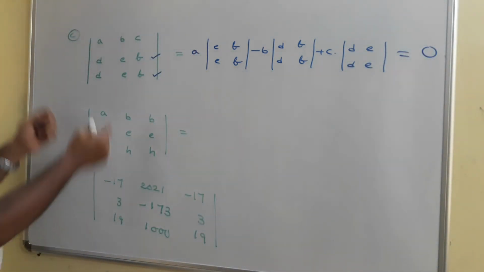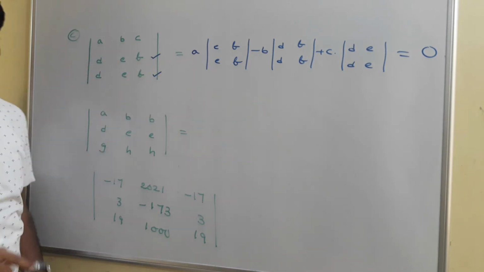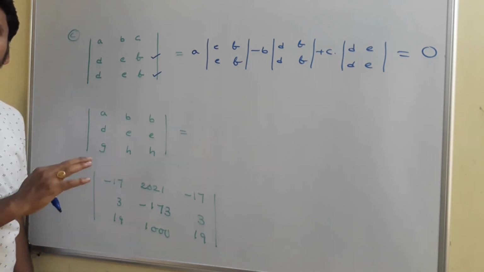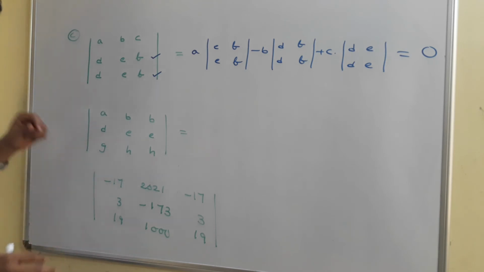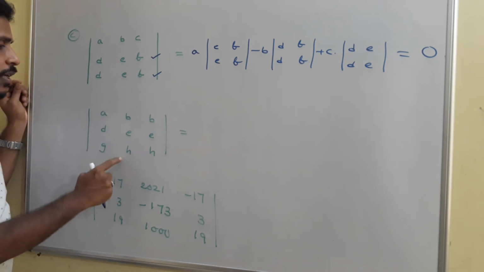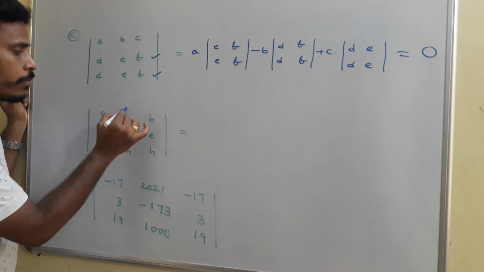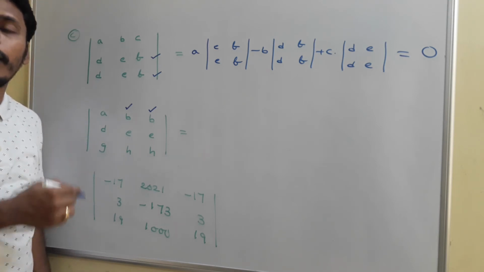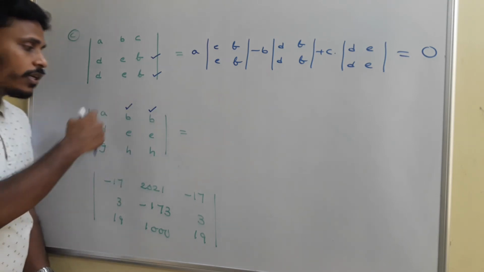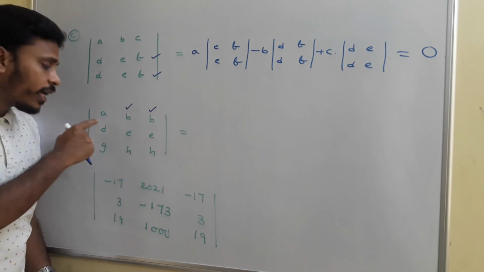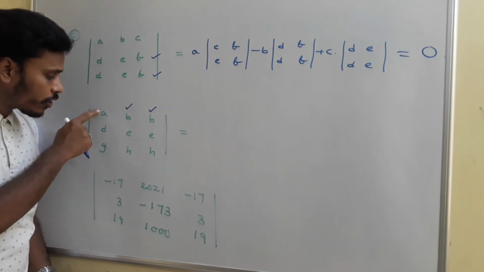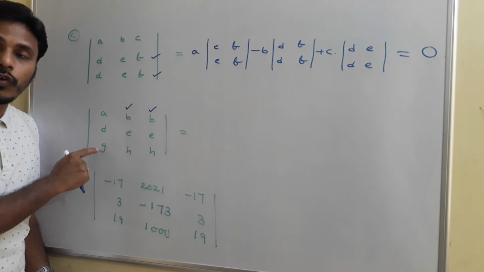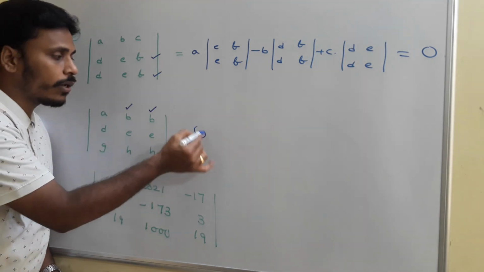Why does it happen? Because 2 rows are the same, its determinant value is 0. Since we have 3 rows, if any 2 rows are equal, then at the end its determinant value is 0. Again look at this problem. Here A, D, G, B, E, H, B, E, H. Here these 2 columns are the same. To find the determinant, we may go with any row or any column and multiply with their corresponding cofactors. Here, if you wish to find this determinant value, instead of using the first row, you just use the first column. If you multiply the elements of this first column with their corresponding cofactors, you will get the same 0.